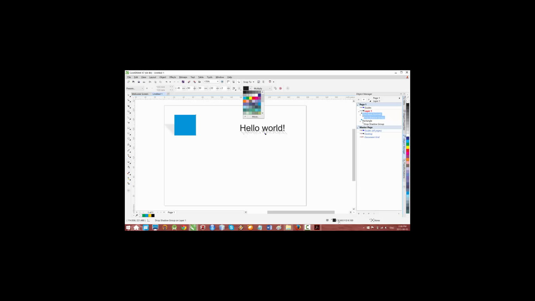Similarly, we could change the color simply by selecting from the drop down, or we could drag a color from the palette onto